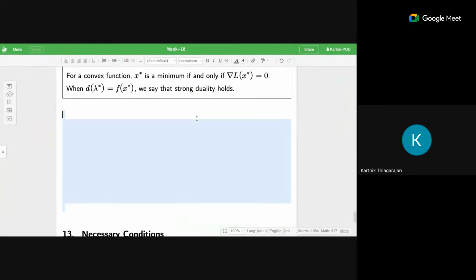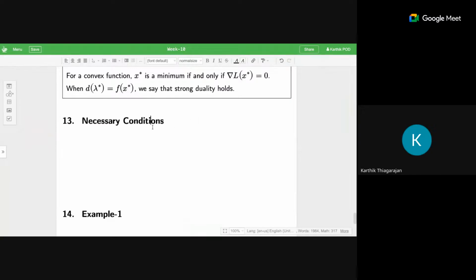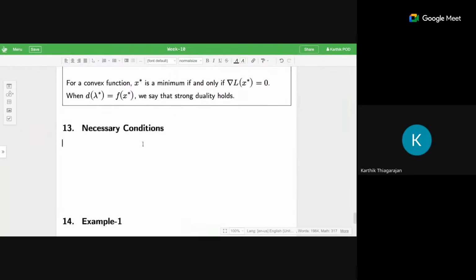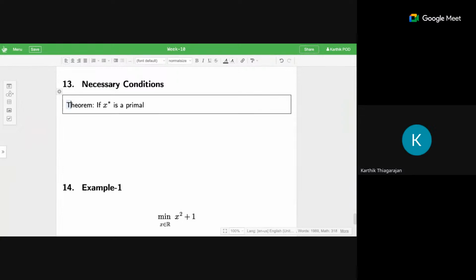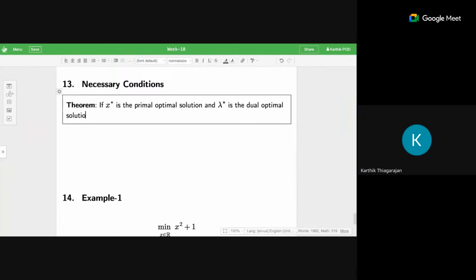So we have a necessary condition also. This is covered in the lectures mainly. What are the necessary conditions? If X star is a primal, so this is also a theorem. So let's put it in a box. So if X star is the primal optimal solution and lambda star is the dual optimal solution, then